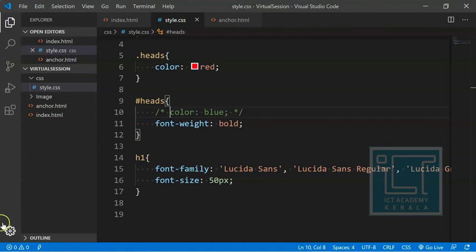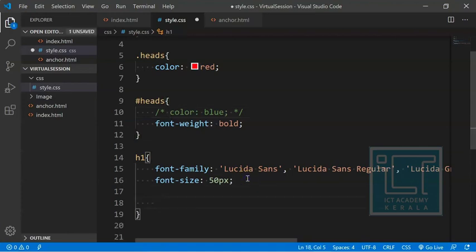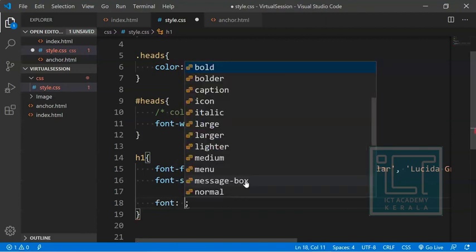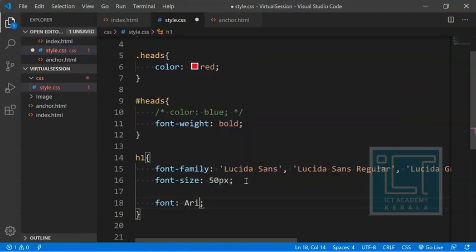So that is about the font. Another option is that instead of giving font family and font size separately, you can reduce the lines of code by simply giving font. Inside font you can mention the size and the family of the font. I'll show you. I'm going to give Lucida Sans.